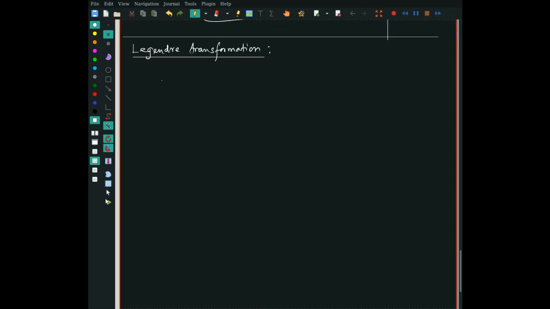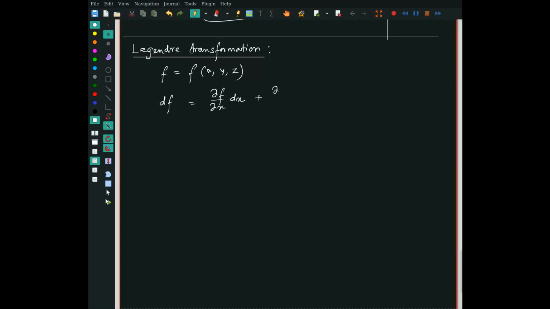To give you an example, suppose f is a function of three variables x, y, and z. Then df would be given by del f del x dx plus